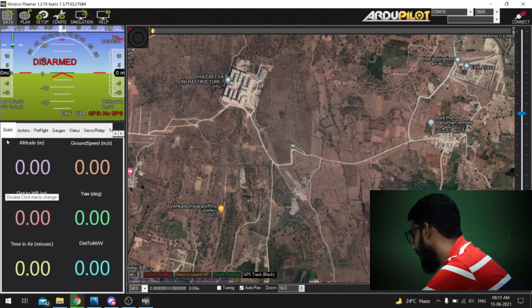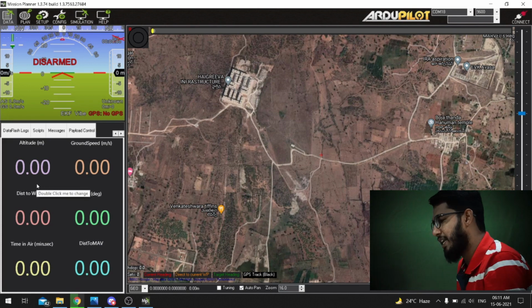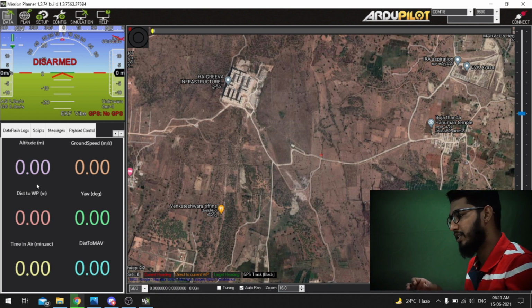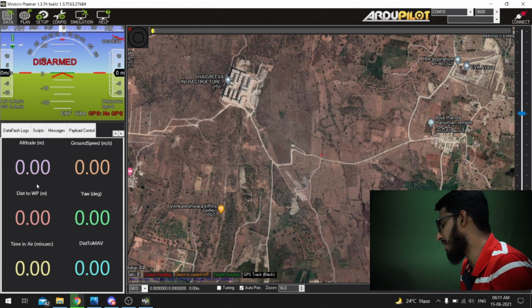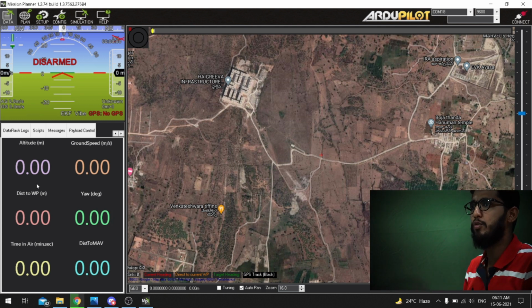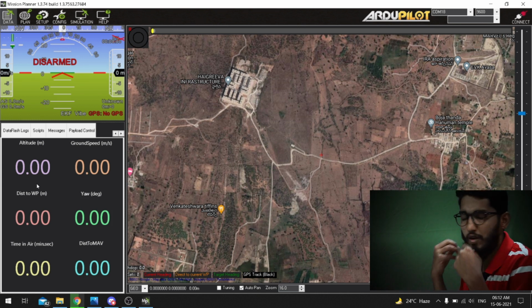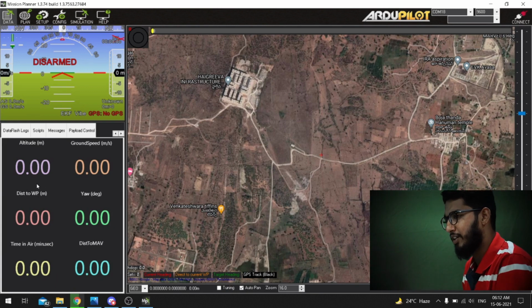And at the bottom of that we have the quick tab, actions tab, pre-flight checklist, all these kinds of extra settings: servo, relay, telemetry data, dataflash log, messages, any payload control. All these things we will be seeing at the bottom of the HUD. And also we will be seeing altitude data, flight speed data, and how far the aircraft is from the ground control station. So guys, this Mission Planner is a small mini ground control station where you have the head-up display, all the flight data, and even a map inside the main screen, where you can see and track your drone or aerial vehicle or any kind of rover which is outside for the operation.